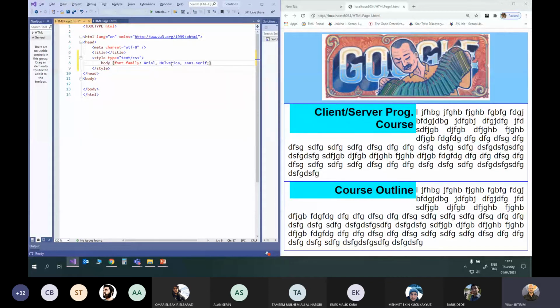This is enough for body. And for the navigation element, I told you about this in the HTML topic. For navigation, I will say font weight bold, color, let's say white,